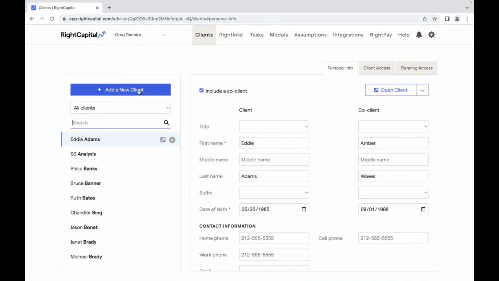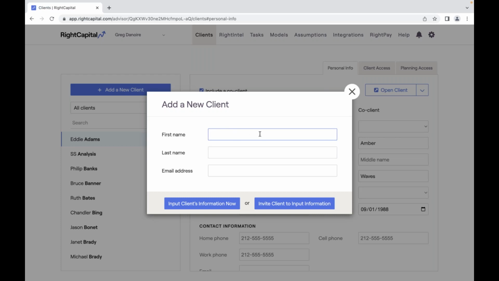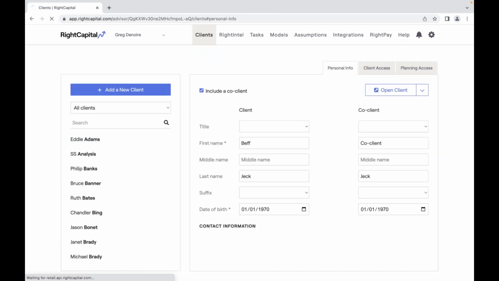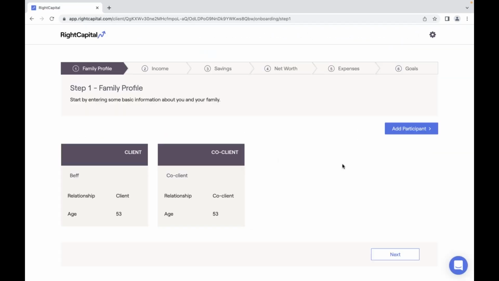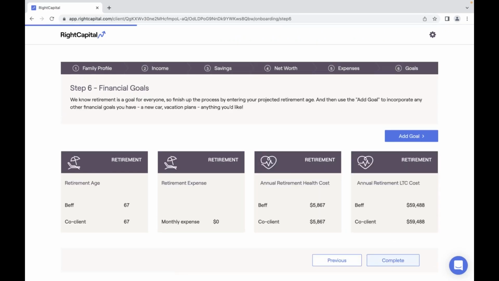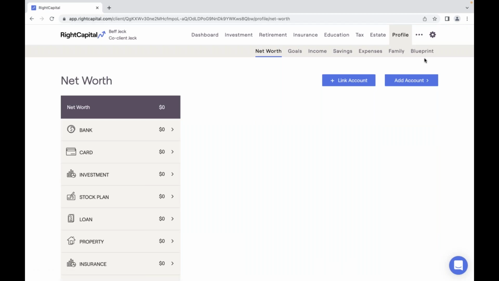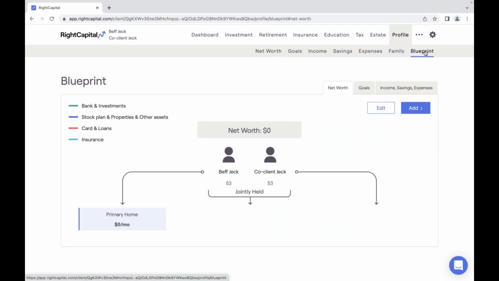So let's say you're working with a new test client, maybe somebody that we are working with. Maybe this is Beth Jack here. Beth is our client, and we're inputting their information when they're in the office with us. Maybe we're not asking them to go through the data entry specifically. What I can very easily do is simply move beyond these 6 initial steps of data entry by clicking step 6, hitting complete, and then actually sitting with the clients and talking through all the relevant data